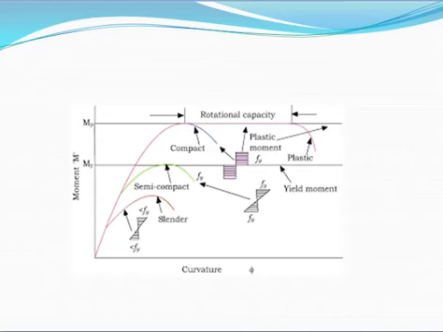Now see, the plate elements of a cross section may buckle locally due to the compressive stress. The local buckling can be avoided before the limit state is achieved by limiting the width to thickness ratio of each element of the cross section subjected to compression due to axial force, moment, or shear.